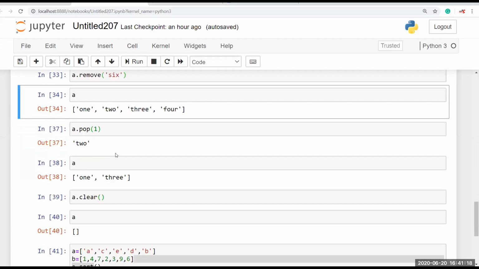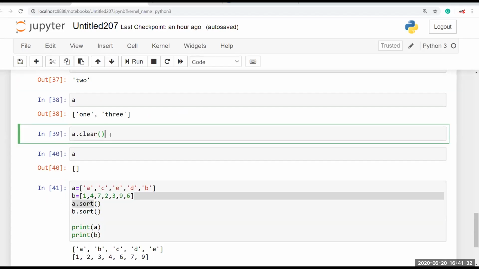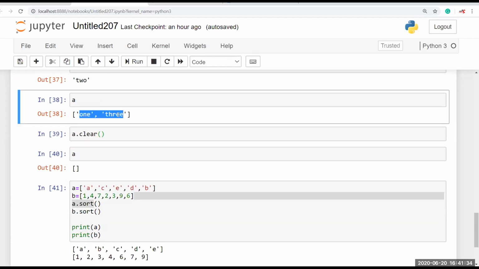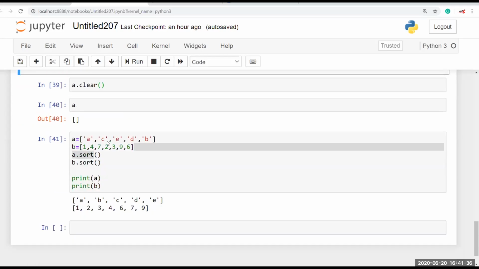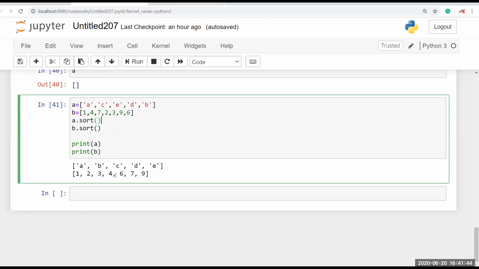So pop is equal to remove by index, right? And clear is used to clear all the elements in your list, right? And sort is used to get the sorted form of your list, right? And next